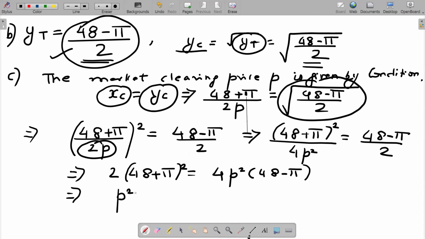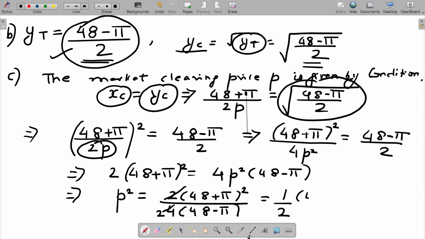So my p squared is going to be 2 times (48 plus pi) squared over 4 times (48 minus pi). 2 cancels with 4, making it 2. So I have half times (48 plus pi) squared over (48 minus pi),